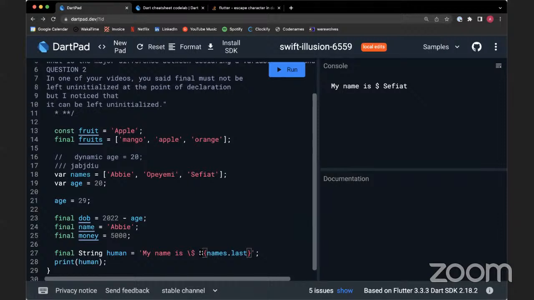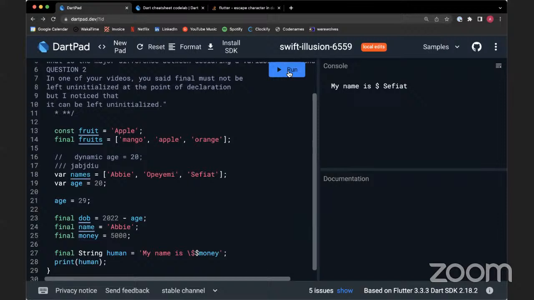So if you are going to use it as a plain string, then you would need to escape the character, more like telling the Dart compiler that, hey, I'm not using the dollar symbol in this case as a special character. I want to just use it as a basic string, a plain string. So in that case, we'd need to escape the character and then